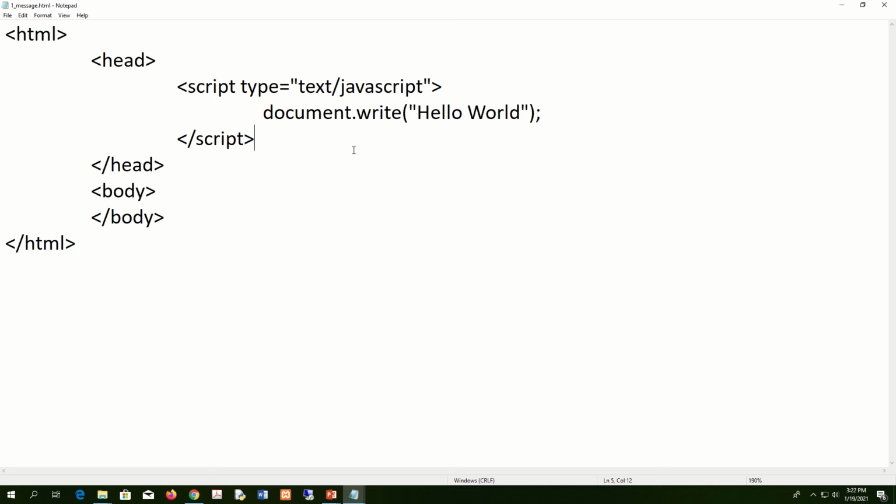So you can practice these things. In the next session, we can discuss some basics in JavaScript, how to do